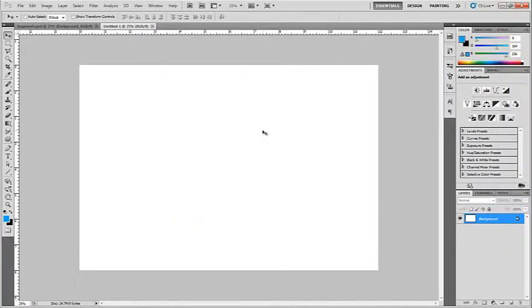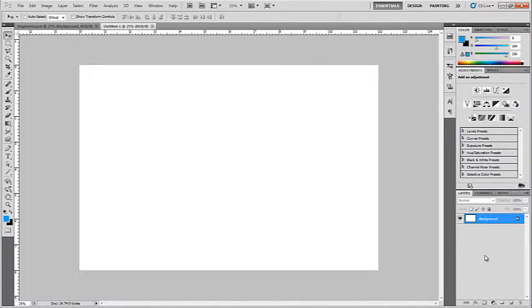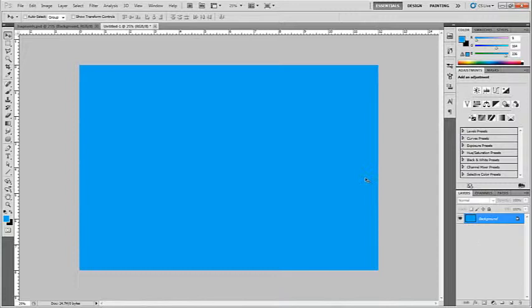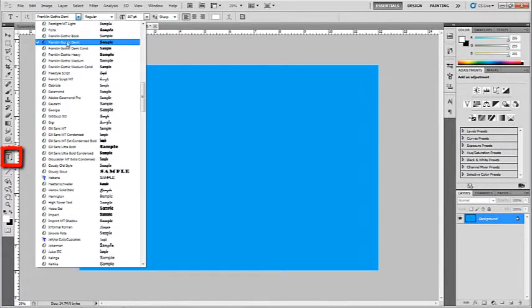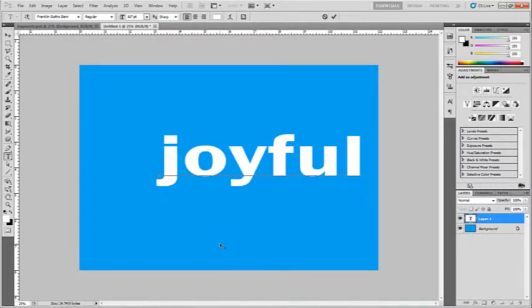So it's a really good print size. I created a solid fill background first of all, and I went in and picked a color for myself and clicked OK. Alt-Backspace, or Edit, Fill with foreground color. I'm going to change my default colors back to white and black, grab my text tool, and I found Franklin Gothic Demi, which is a fairly thick typeface, and I found myself a word,